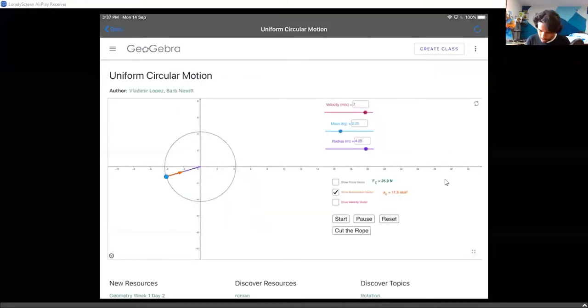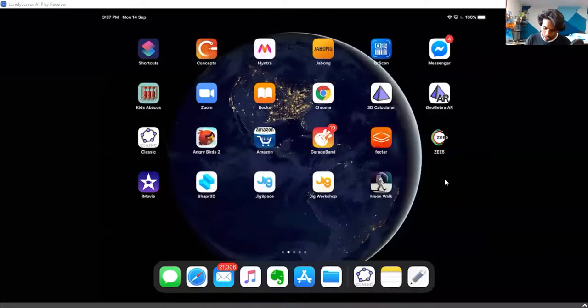Oh, this is actually going in the opposite direction. Why is it going in the opposite direction? Oh, he considered it going in the opposite direction. Is there a way to turn it in the other direction? No, I don't think so. All I have is cut the rope. No, I don't want to cut the rope. Let me consider it here only.